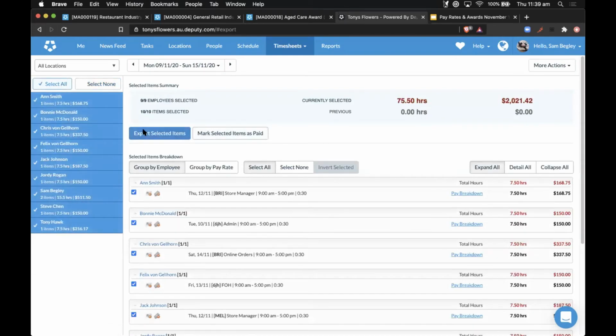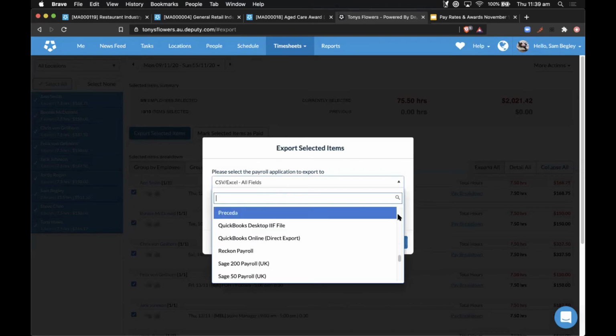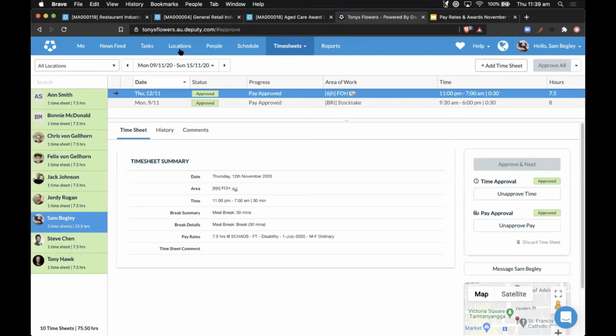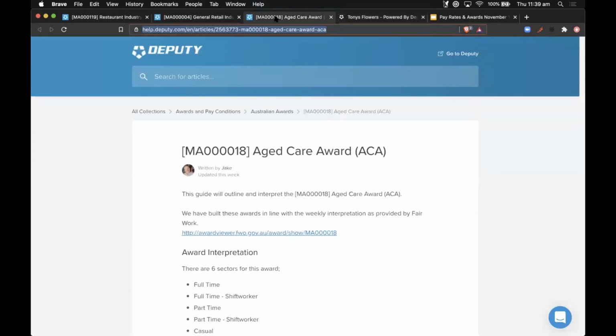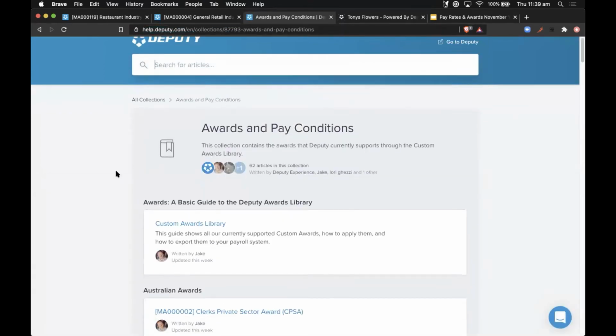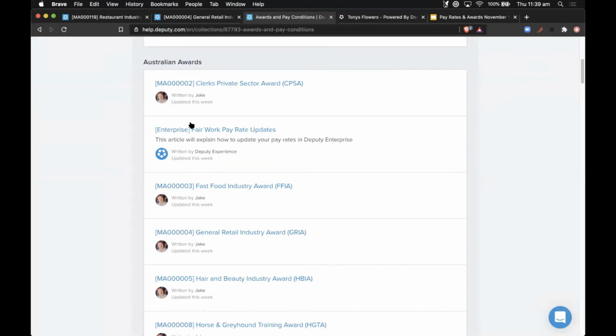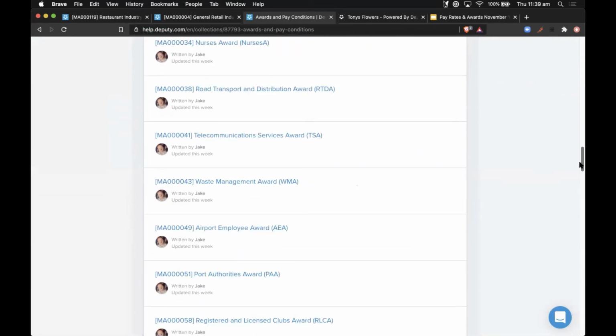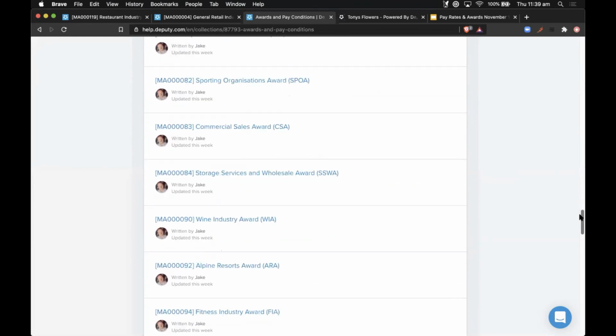Perfect. Thank you. Then we had quite a few questions regarding awards that are not yet in the library. Sam, you have the help article open for that. We have a help article that shows you all the awards that are currently in the Deputy library, and you can always check in there if your award is listed. It gets updated all the time by our very busy team, updating existing awards and adding new ones.